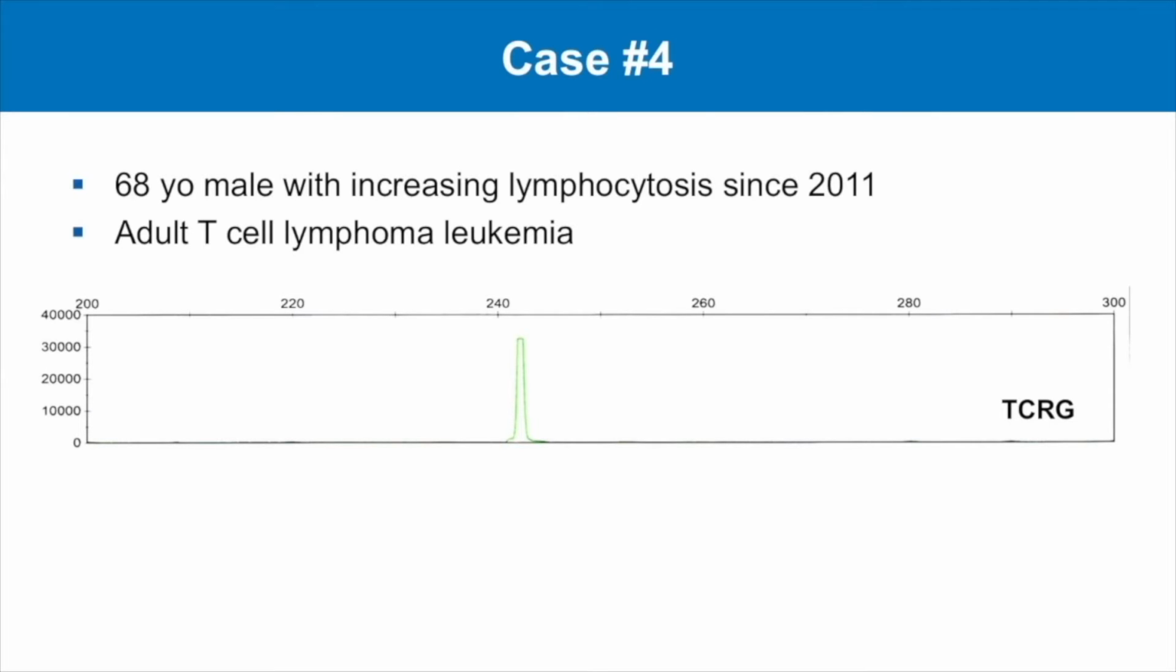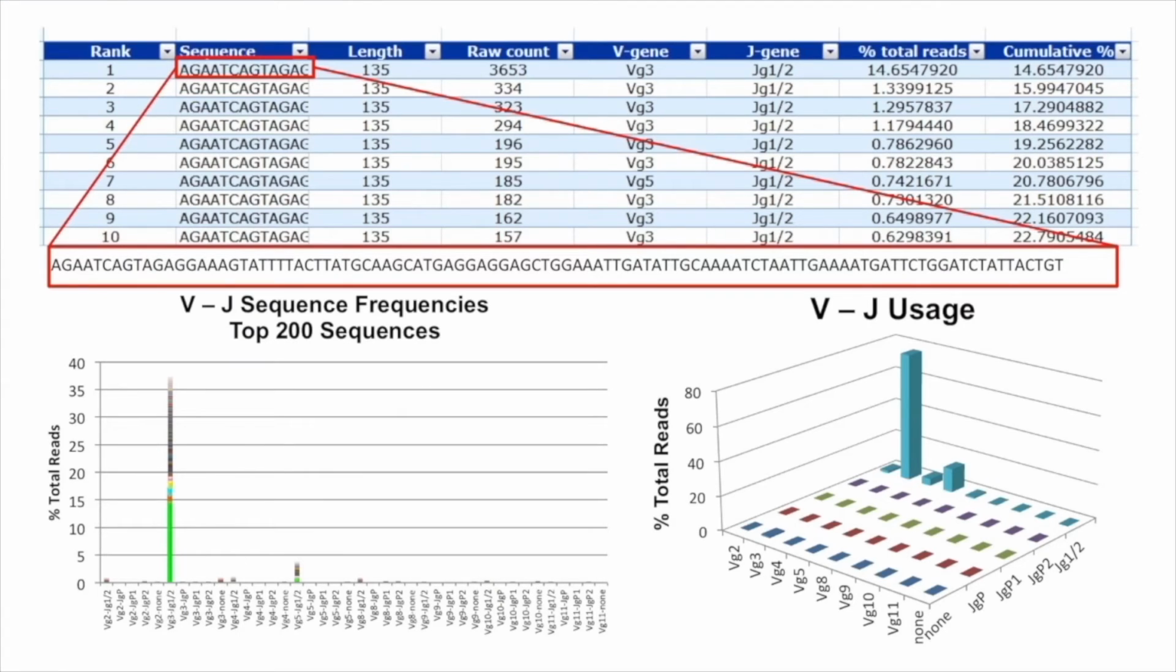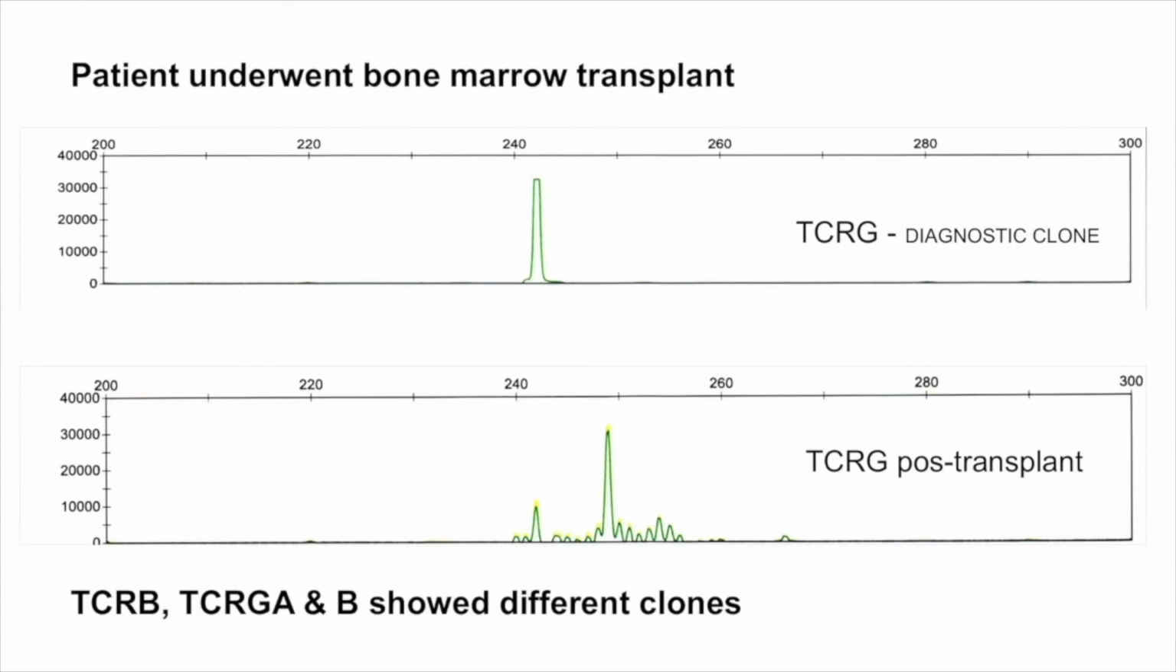Patient had adult T-cell lymphoma, leukemia, and right here is the fragment analysis of the original TCR gamma clone. By next-gen sequencing, you can now characterize the clone, and you can track this specific sequence across the different samples that you get later on. And for this specific patient,